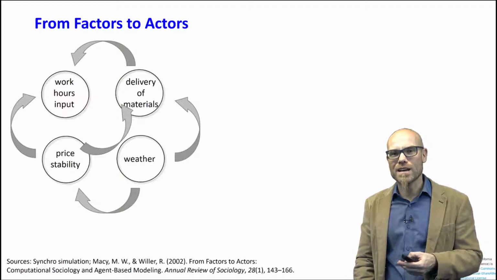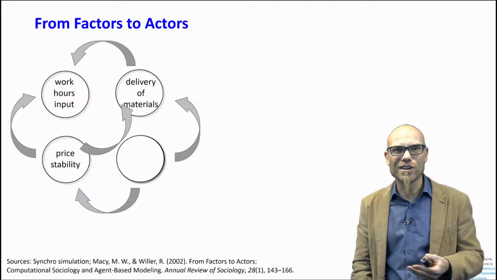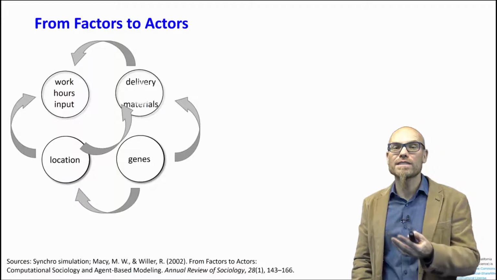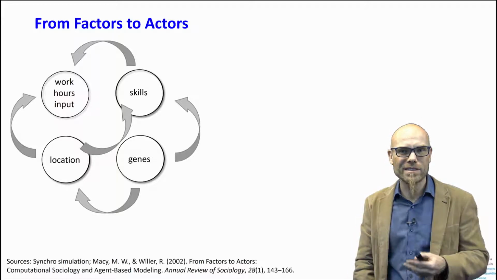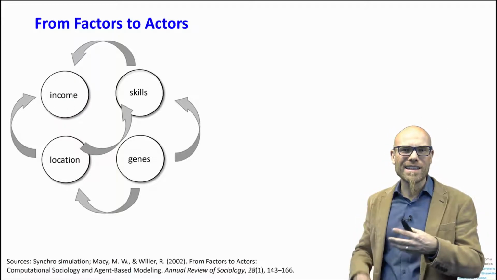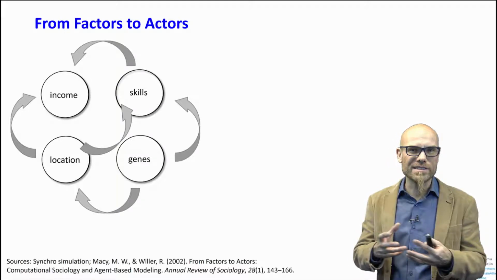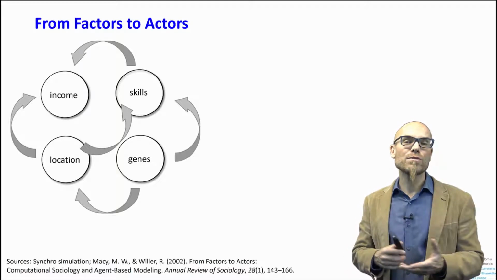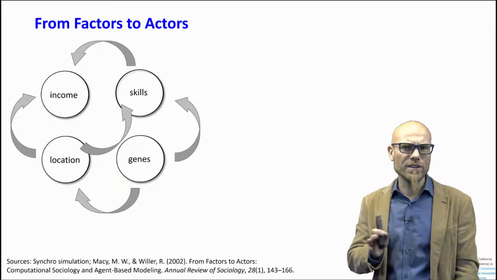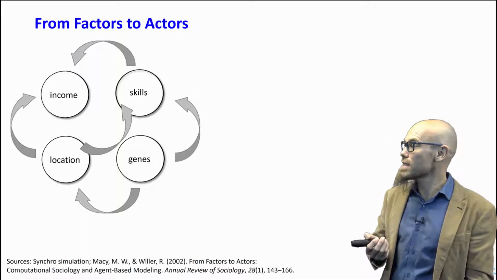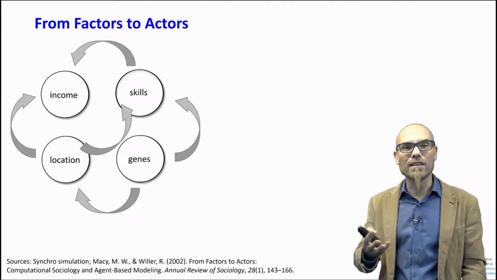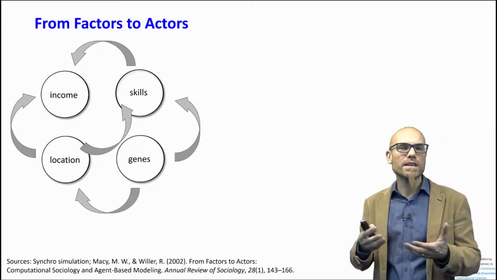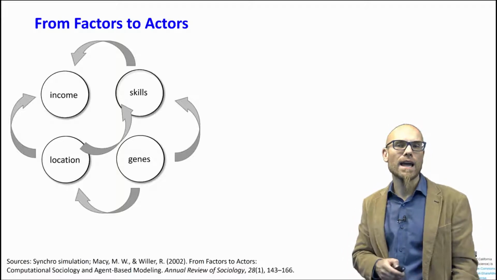We have other factors. For example, you can have the genetic composition of an individual, its location, and its skills, and that will then tell you something maybe about the income of this person. That, for example, the metabolism, then the location of this person, where it's located, urban or rural, the skills, the vision, and that would then determine the income. You don't have to model individual actors to do that. You can just have a model like this, do a correlation model, for example, among these variables, among these factors, and see how we can predict something like income.